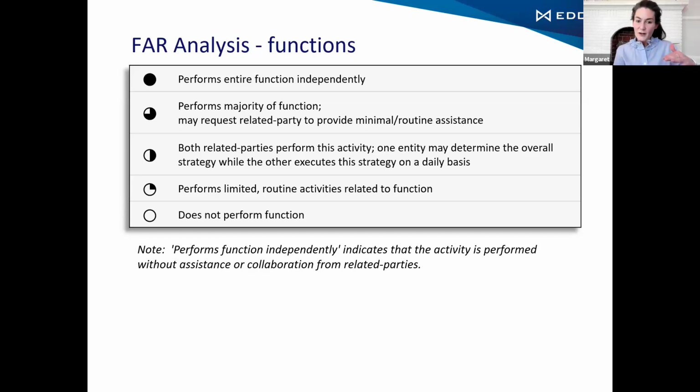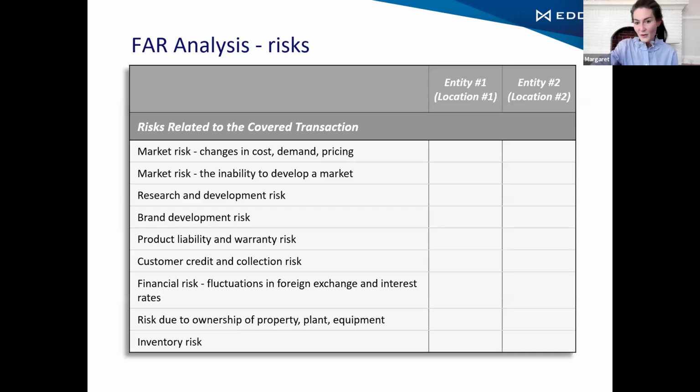So for every chart that we filled out, we included it in our documentation report, but we also had a definition of what the pies meant. And that would be the same if we were using X's or check marks. I would still put the definitions just like this. And it's not just for the functions, although that gets most of the airtime when we're talking about comparability. But also we would fill out the chart for risks.